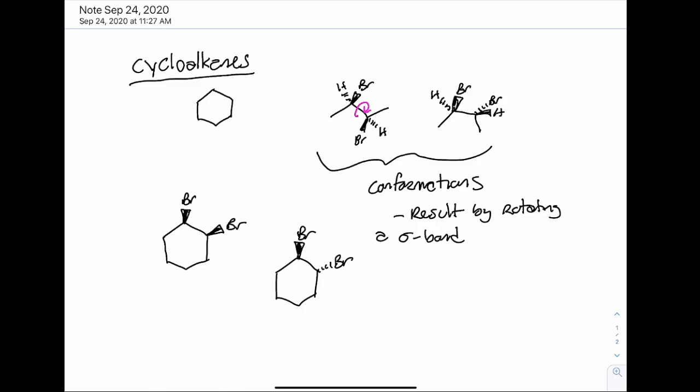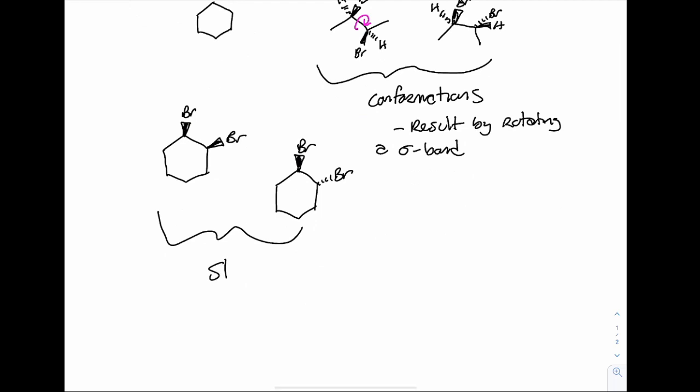I can't go from here to here by rotating a bond. That's not possible. That makes these guys stereoisomers. The only way to go from the one on the left to the one on the right is to actually remove a bond and then attach it differently. So stereoisomers, these differ